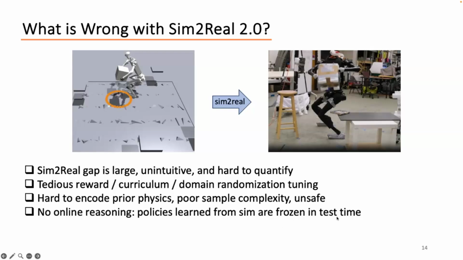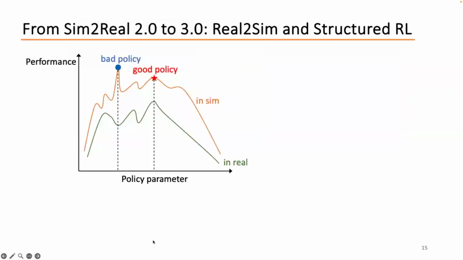And the last point is really interesting. If we compare with Sim2Real 1.0 or MPC, we realize this framework is opposite. There's no online reasoning. There's no real world learning. Once you learn the policy from your simulation, you're done because the policy is frozen, right? The only learning that happens is in simulation. There's no online reasoning. There's no real world fine tuning. There's no adjustment or anything. So how do we do better? Right? I will propose Sim2Real 3.0, but let's check it out